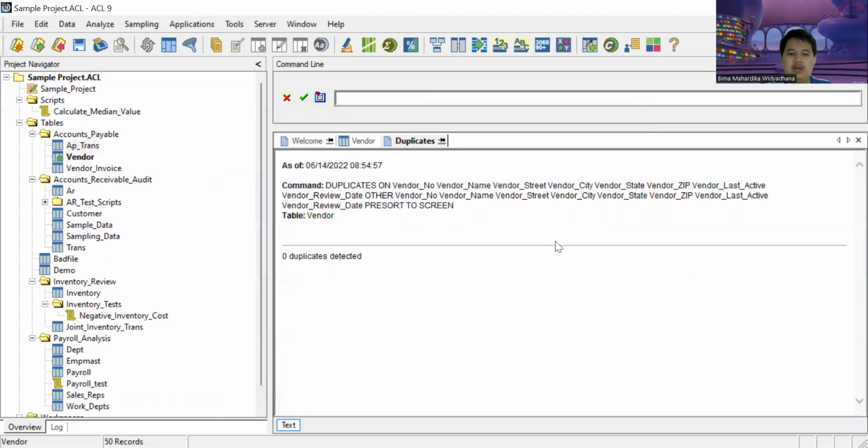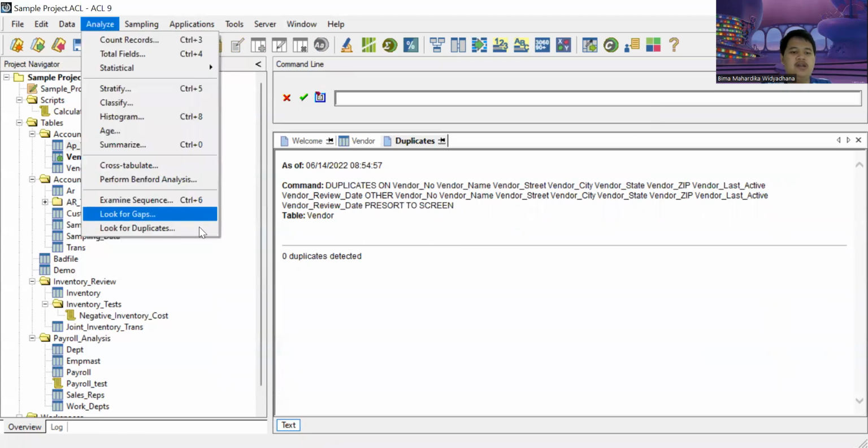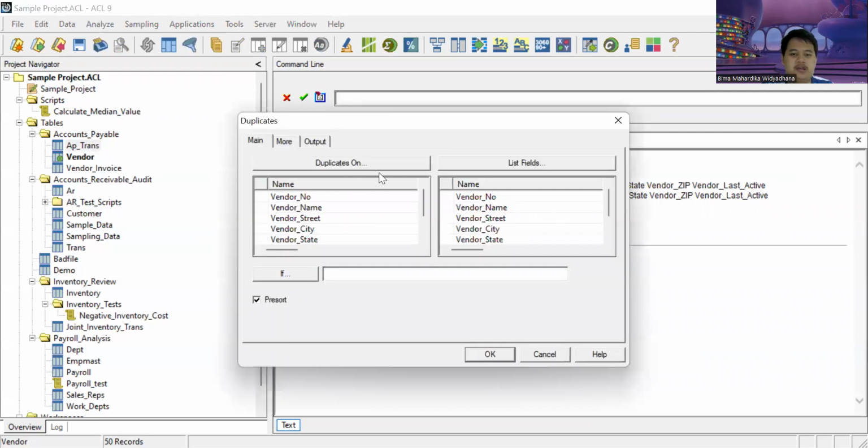Here it shows that from all the fields, there are no duplicates detected. But we're going to do another duplication test to check for particular duplicates. First, we open Analyze, Look for Duplicates.